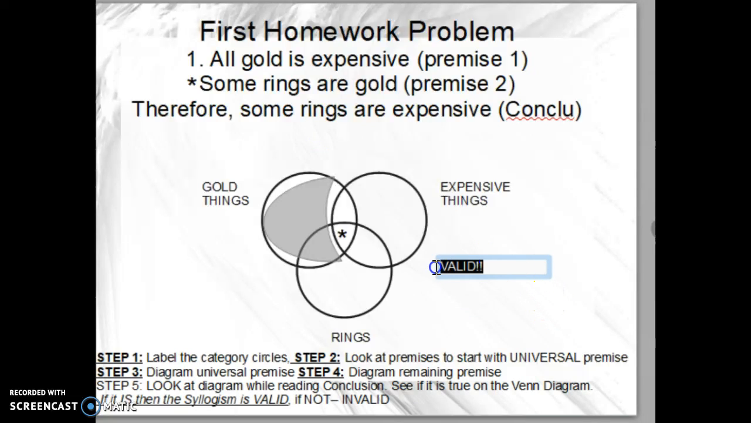Okay, so the answer to number 1, I would want to see this. You've shaded this region to show me that there's no gold things outside of the expensive circle. Then for the second premise, you would have put a star in here where the rings overlaps with the gold things. Remember, there's none here because this has already been shaded out. We've already decided that there's no gold things outside of the expensive things. And then therefore some rings are expensive. We just look at it. We don't add anything more to the diagram, but we go to that section where rings and expensive